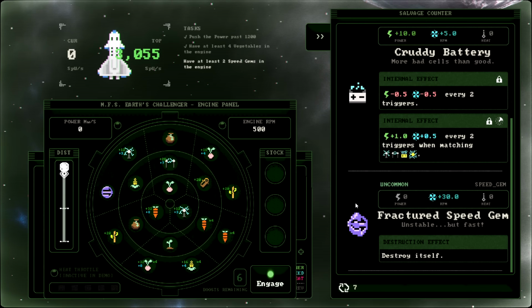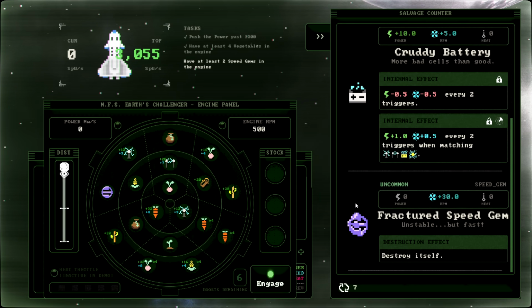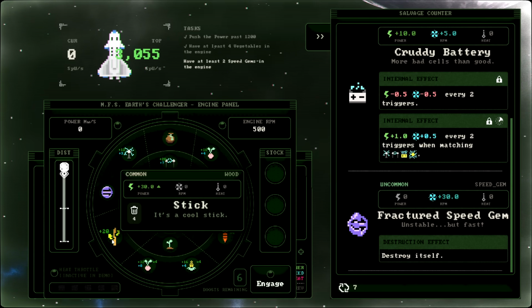Unstable but fast. It destroys itself on fire. But it gives 30 RPM every time it gets hit for that round, man. I think that this is fun. Okay. I am going to